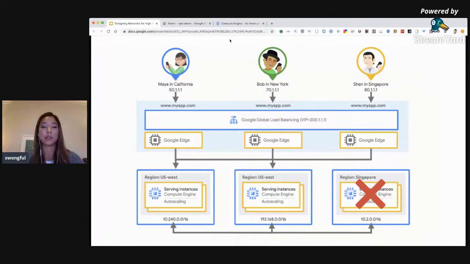Then they would be redirected directly into US East serving instances. You can see in the diagram the traffic is going through Google's front end servers, and that's able to distribute traffic using something called a waterfall by region algorithm that understands it needs to redirect traffic to the next closest region.